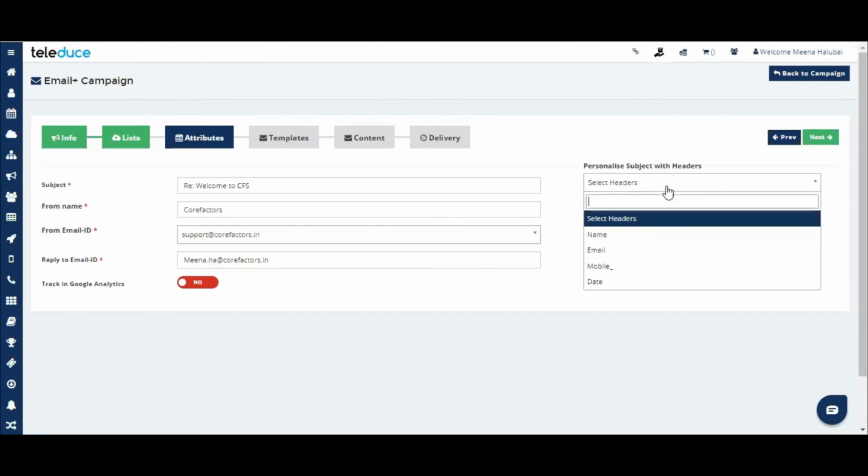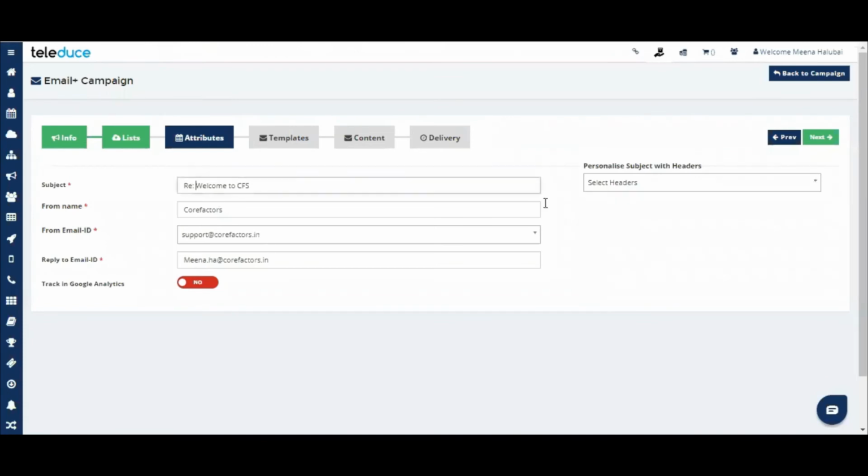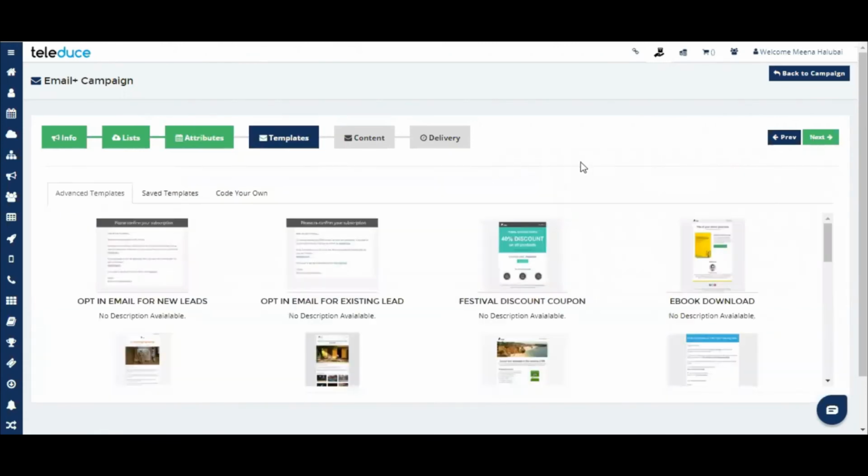So you can utilize that as well. You can remove this and you can keep it as Meena, welcome to Code Factors. Vimal, welcome to Code Factors, or Hari, welcome to Code Factors. You can utilize the subject line personalized also.